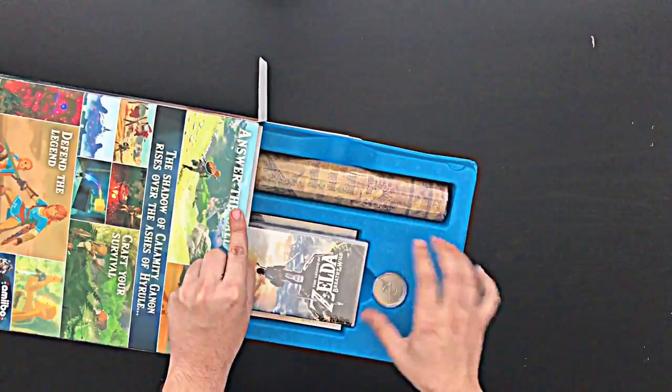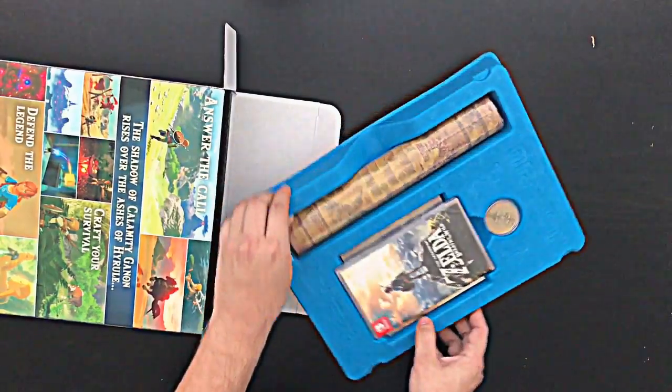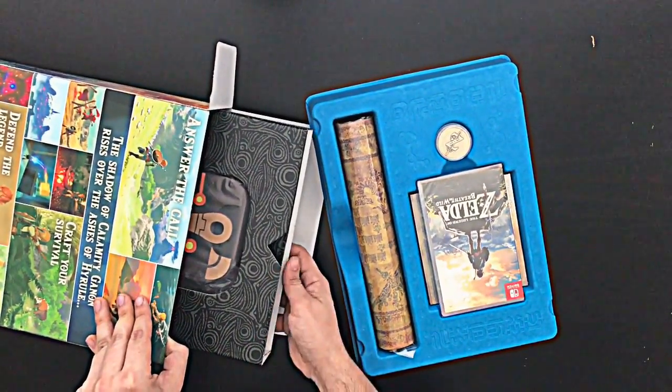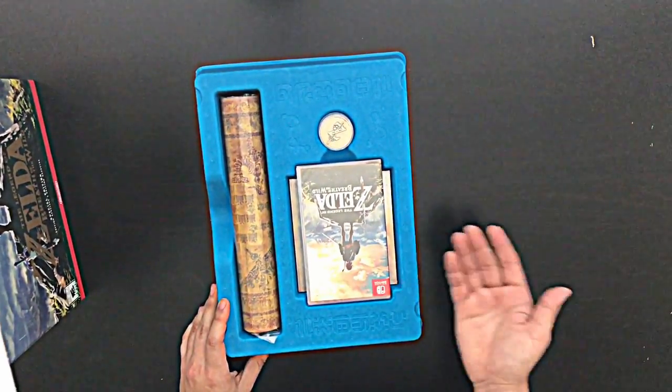Alright guys, so this is pretty much all the contents, right straight out of the box on one panel. Oh, okay, sweet. I'll show that later. So pretty self-explanatory. We got